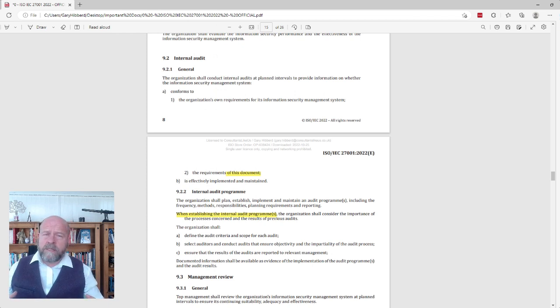For instance, why would you audit 3 or 4 times the HR processes when you only employ 5 or 6 people? HR really isn't a major risk for you. You're a small organization. Perhaps more of a risk for you is the software development process. So you might want to audit that, or the supplier management, the supplier relationship part of the standard might be of a higher risk and a concern for you. So you should increase the audit frequency based upon risk.